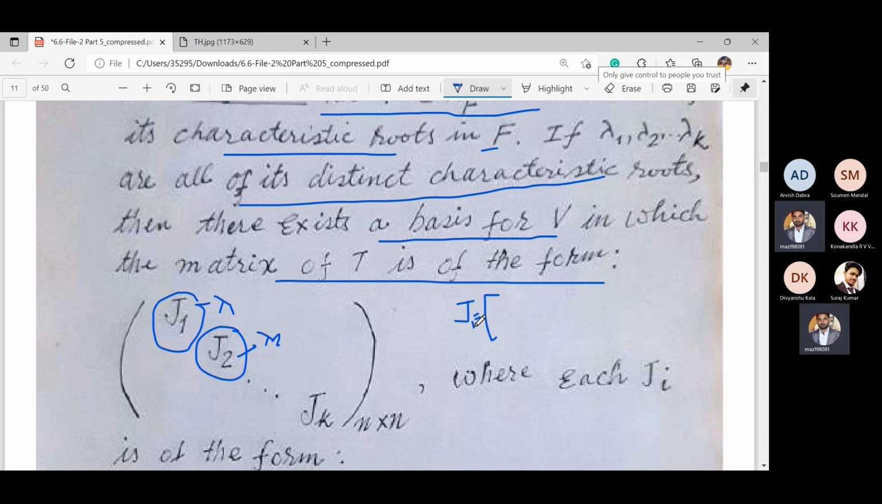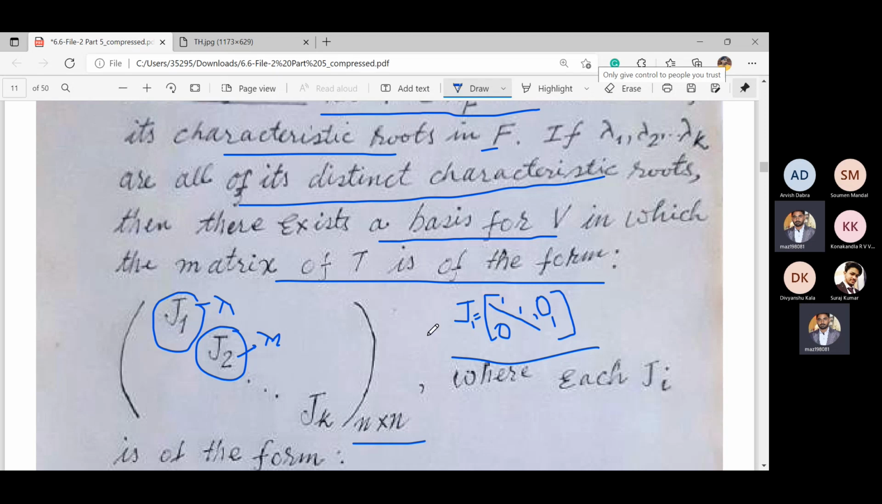if we say J1 here, so on the diagonal it has lambda 1, lambda 1, lambda 1, and above the diagonal elements are 1, 1, 1 and all others are 0. So this one is the basic Jordan block for J1, for J2 and up to Jk. So if the dimension of V is n, then we have the matrix J, n cross n, and J1, J2 and